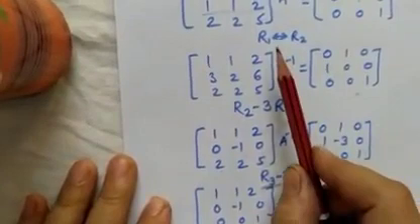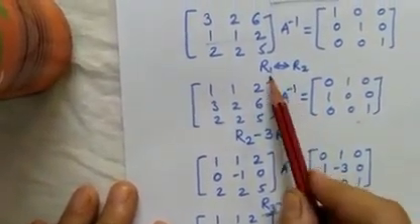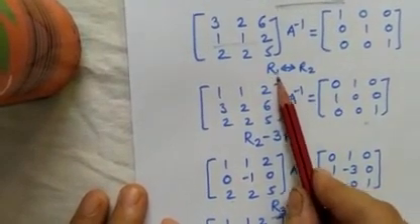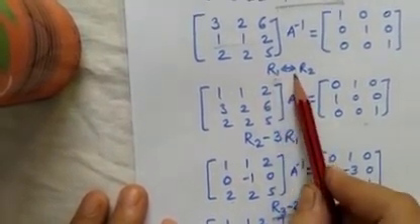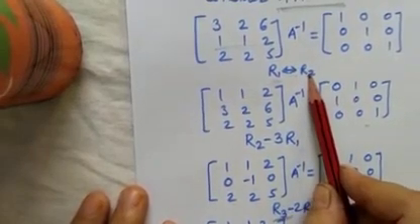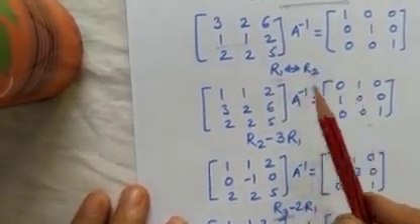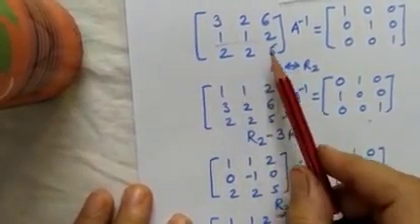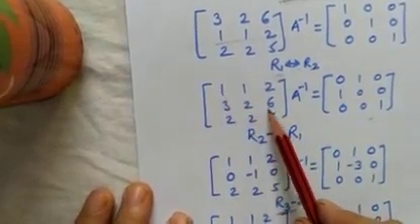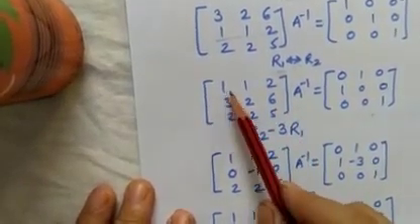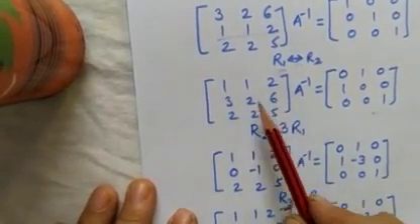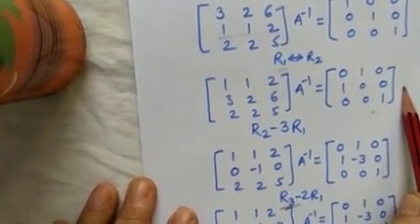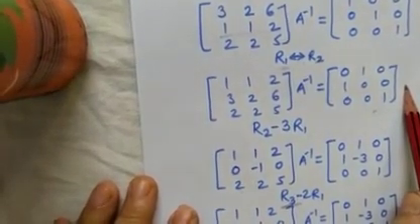While performing operations on rows, whatever the number we have written first, only on that row can we perform the operations. Here R1 is converted into R2, meaning they are interchanged. Interchange means the second row will become the first row and the first row will become the second row. See, these particular changes are there. Here it is the second row elements 1, 1, 2, 3, 2, 6, 2, 2, 5. The same changes occur here on the RHS also.